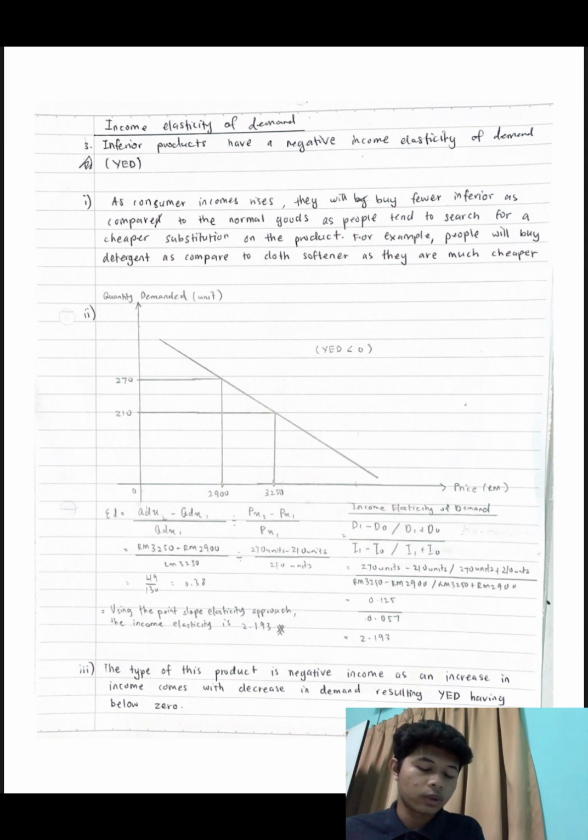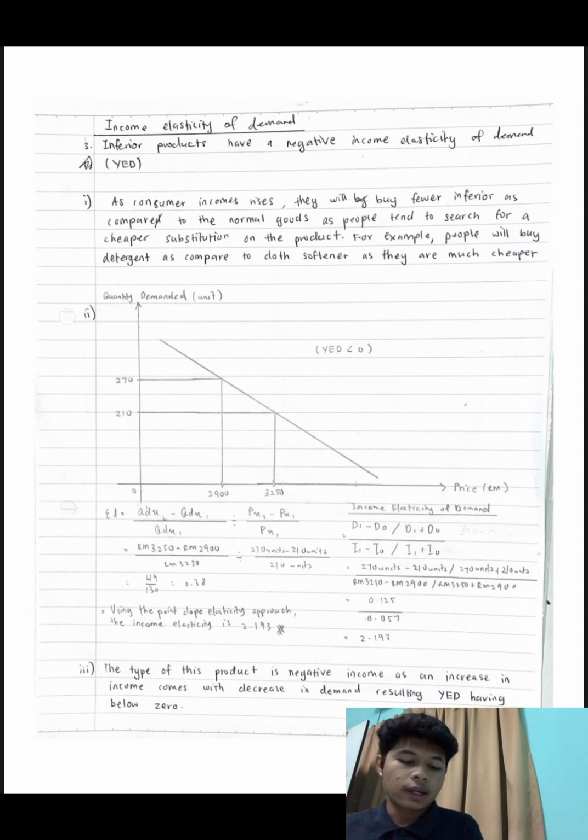Below the graph, this is the formula that I have done. On the left, there is the price elasticity of demand. Meanwhile, on the right is the income elasticity of demand. So the answer for the Roman 2 question is 2.193. So on the 3rd Roman,